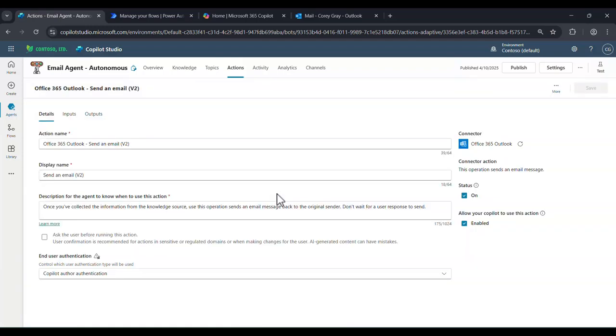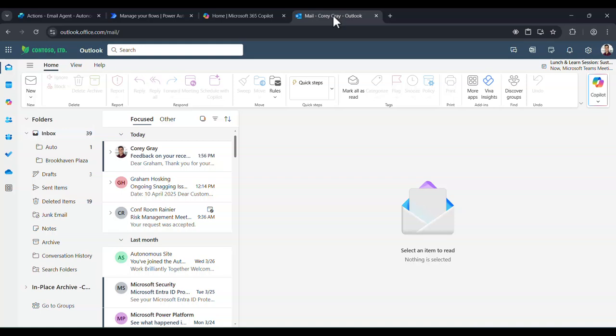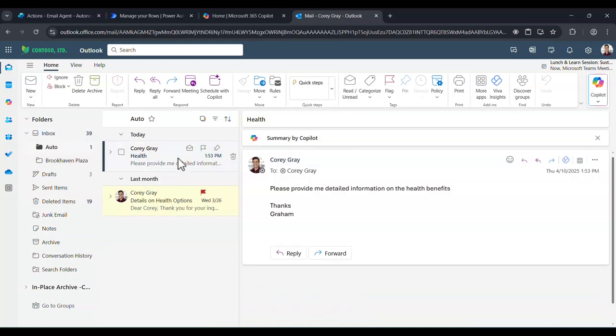So again, it's not a configuration per se, but it's a language thing because we're using a large language model under the covers here. And all I've done is to say, once you've collected the information from the knowledge source, use this operation that sends the email back to the end user. I could probably use proper English here, but it understood the premise of that, and now it's working. So if I go over to my email, now you can see that I had this health information come in